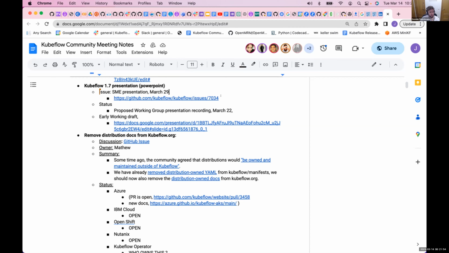I was going to contact each working group to offer one of the people that work on each component so they can present about it, and we need a slide for each section. Then someone from the release team is going to talk about specifics of the release. This presentation is still work in progress. There's an early draft that we're going to keep working on.